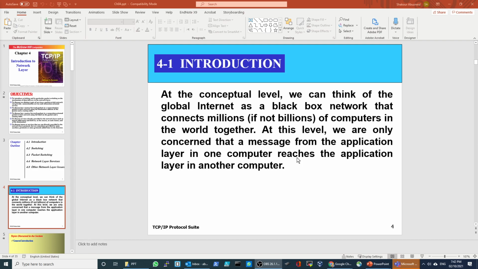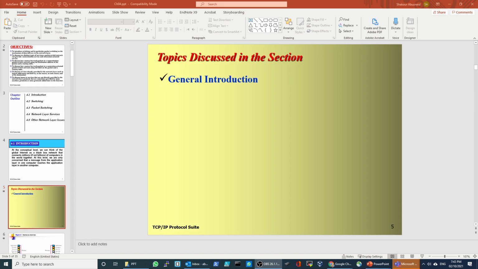So how are messages and data transmitted? This starts from the application layer. We know that they're going to go down to the transport layer, network layer, data link layer, and they're going to go through the physical layer. Somehow they will reach the other destination with no errors. So there are a lot of things done to receive this packet, right?